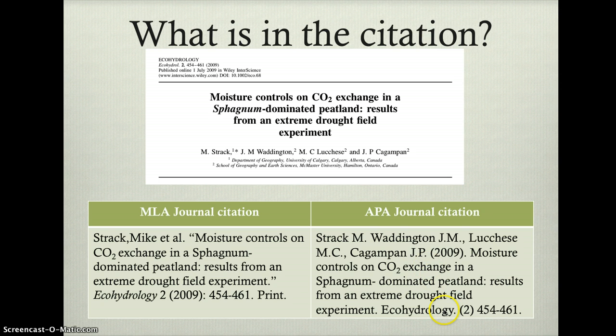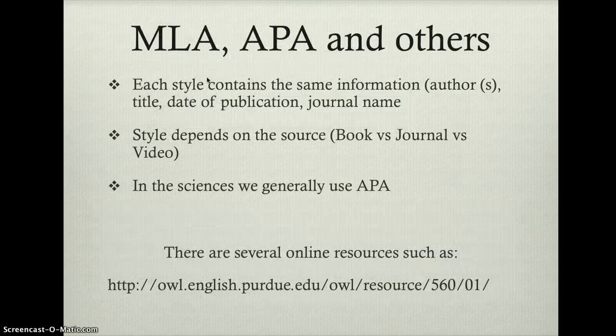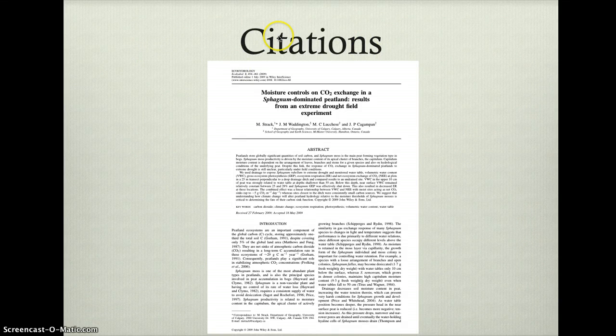The journal name, the journal volume number, and the page numbers are in both, and that information is generally found in the upper left-hand corner of any journal. Some of them put it in the lower right, and some of them even have it on the second page. But for the most part, all the information that you are looking for can be found on the front page of the journal. So you'll see the authors' names, their university affiliations, title, and all the journal information is here. And like I said, with most peer-reviewed journals, the front page starts off with an abstract.